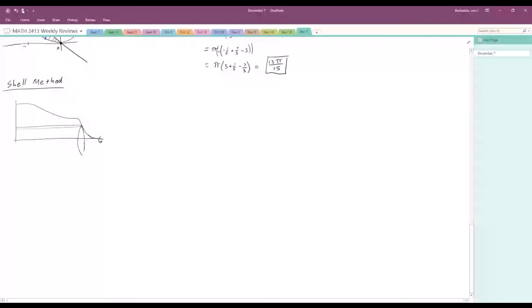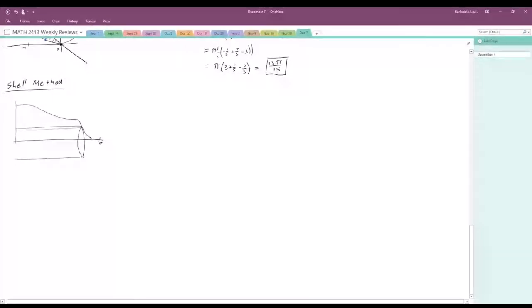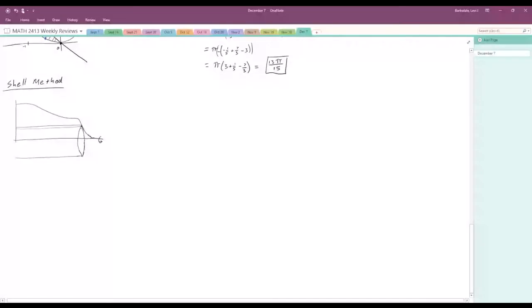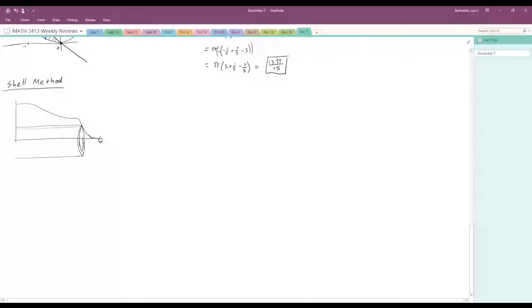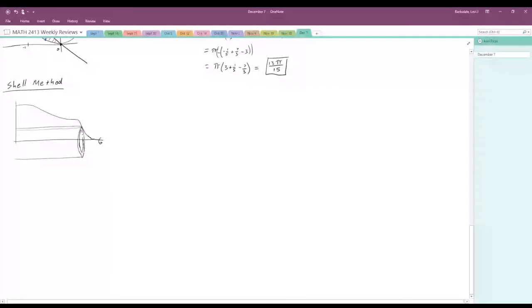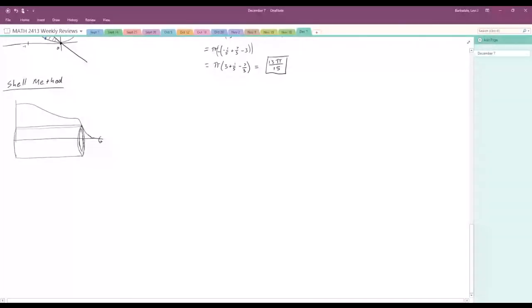But instead of being a completely filled cylinder, what we're going to do is make it hollow. And then we're going to create our volume by filling this cylinder in turn with other cylinders. So instead of stacking the cylinders on top of each other, we're putting them inside of each other. So if we look at the volume of just one cylinder,